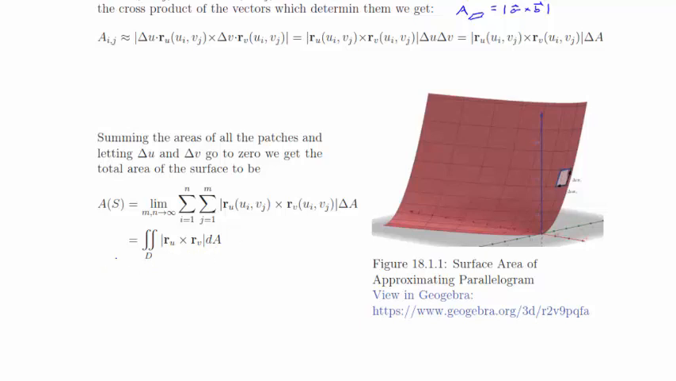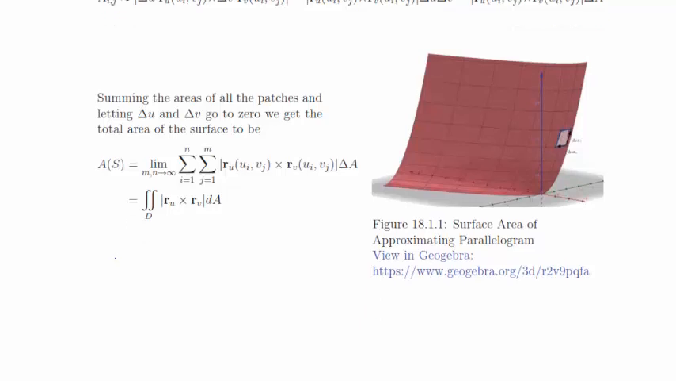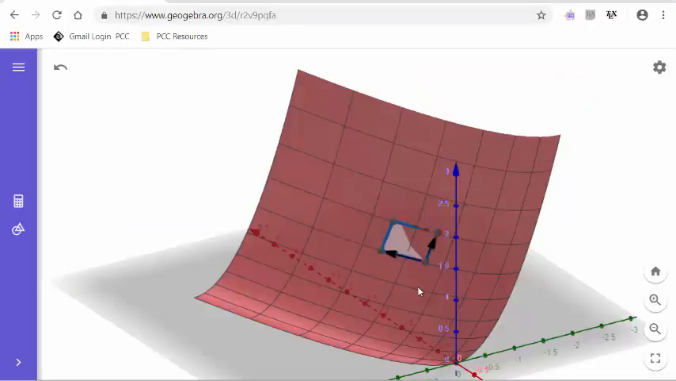Right? So essentially we just go through all of this talk here in order to come up with this little formula, and now we're going to apply this formula in a few different scenarios. Let's actually go ahead and look at this GeoGebra graph real quick before we jump into those examples. Here we go. So here's some u sub i, v sub j, and here are the vectors